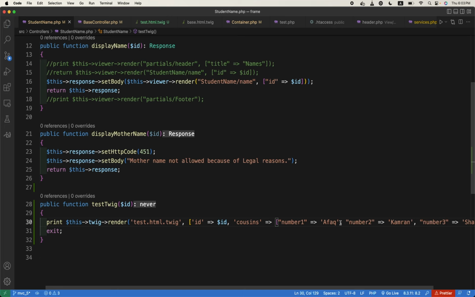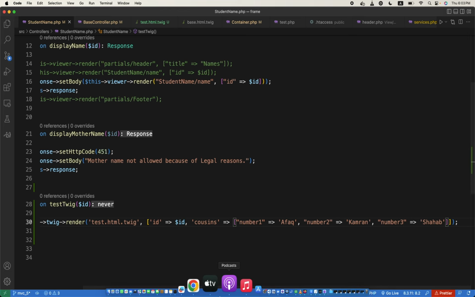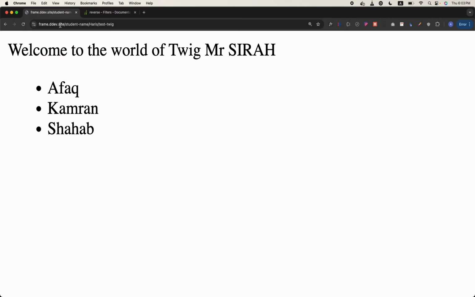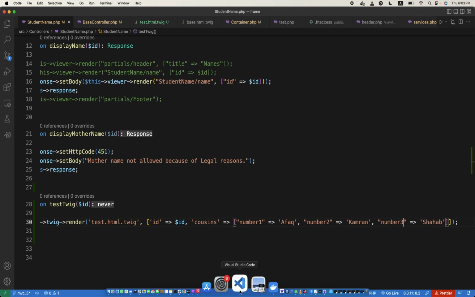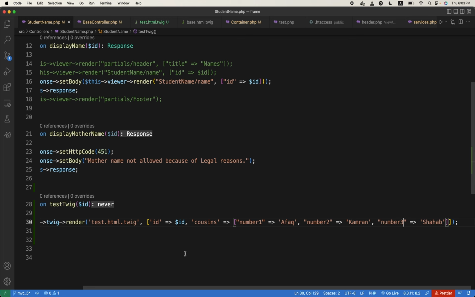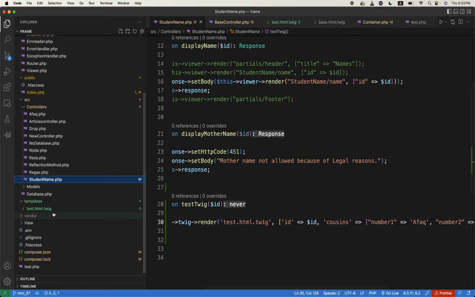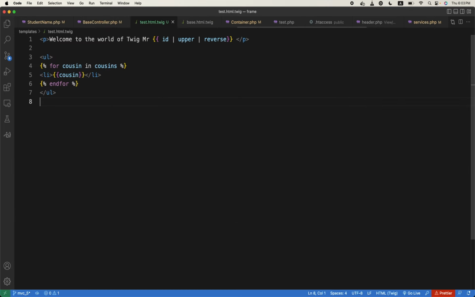Number 3, right? If I refresh the page, there is no change. But for example, I have to just show Shahab in Twig, or maybe Afaq. So here I will create a PHP tag,